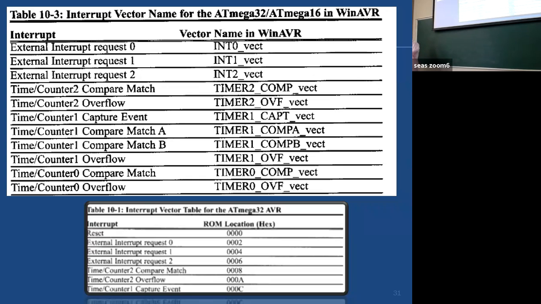Now, in our lab, you want to double check the vector name. The vector name can be different depending upon our toolkit.